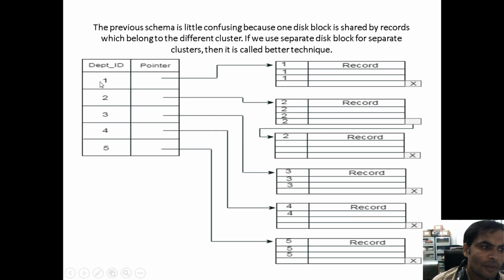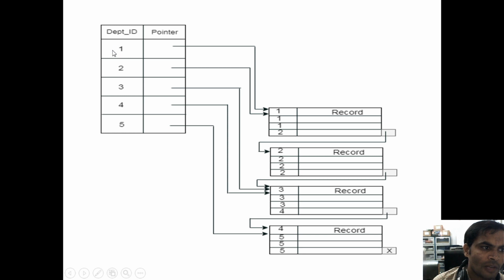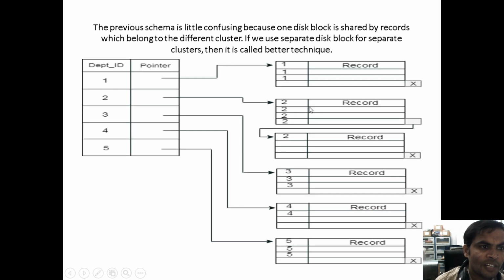Now in the previous diagram, department 1 is computer science. Under department 1, the pointer is pointing to the particular department of computer science, and the computer science ECE employees are also working there. Now, for eliminating your confusion and for a better technique, from department 1 it is pointing to a particular block of the disk, or we can call it a bucket of records, a bucket of this data, only for computer science.